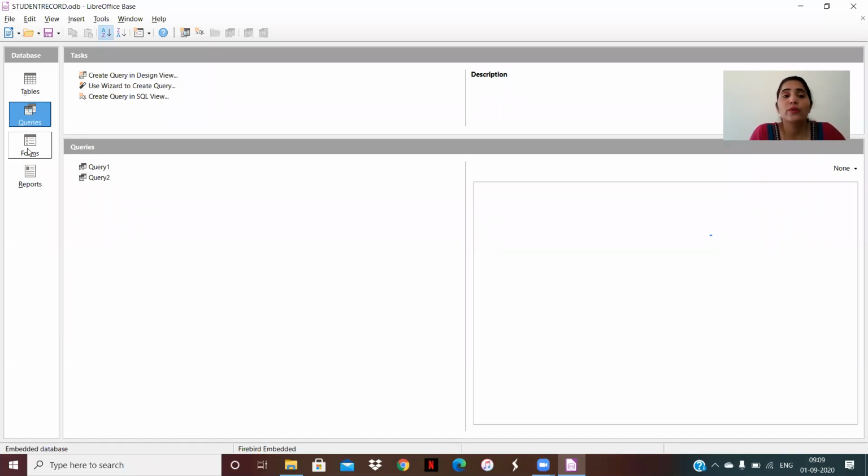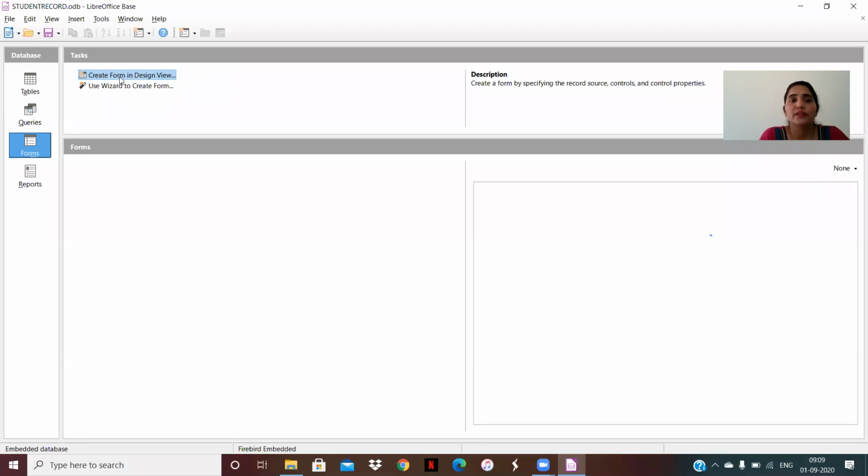And now we will discuss how to create the forms. For creation of forms, first click on the form, and after that here you will see two options: create form in design view or use wizard to create form.